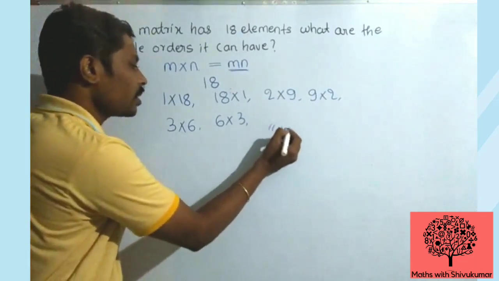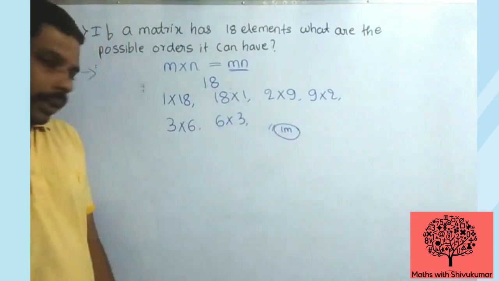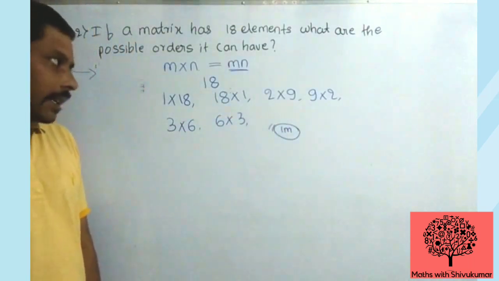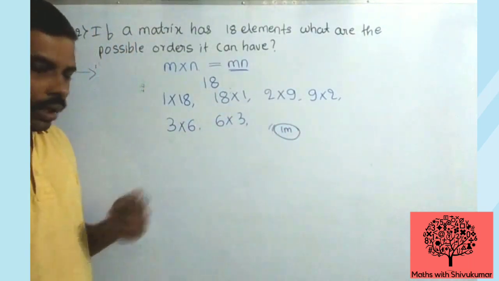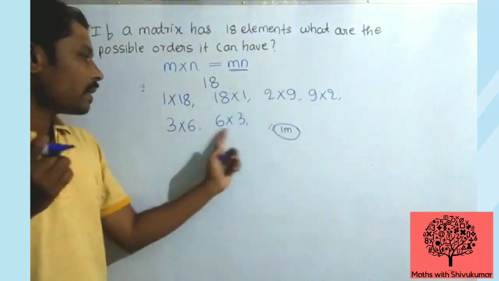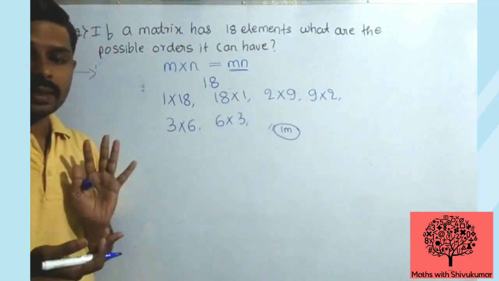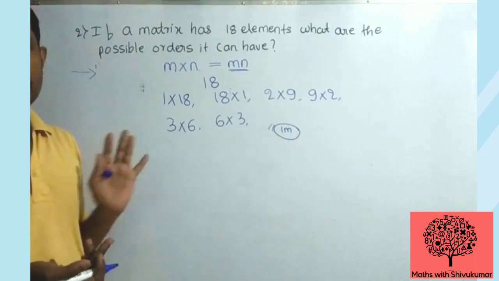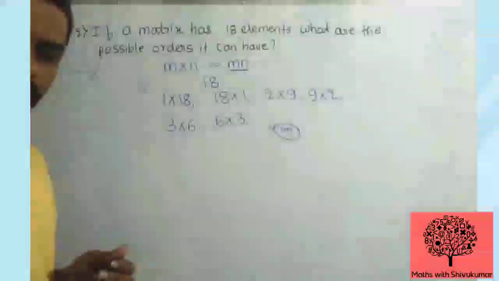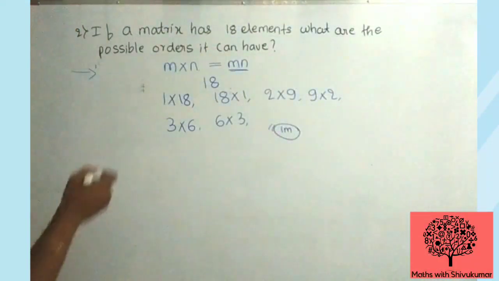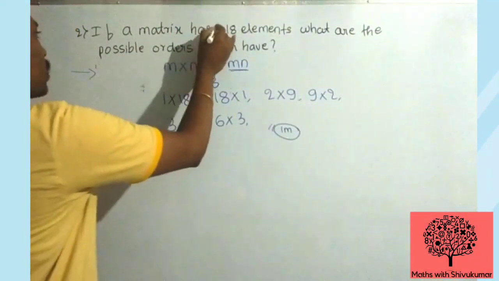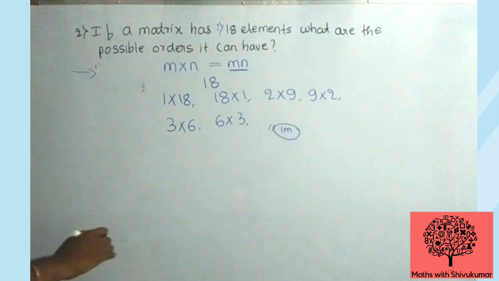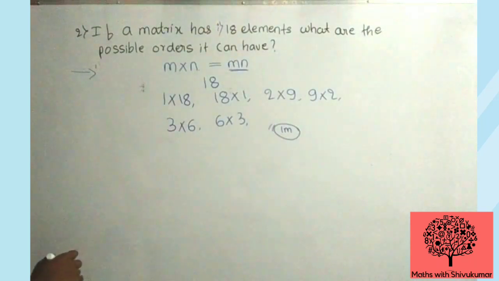If you write this much, you are going to get 1 mark. Is there any difficulty, students, to write this much? 1, 2, 3, 4, 5, 6. You have to write all the 6. If you skip any one, you are going to lose the marks, because it is 1 mark. Okay. So similarly, this is the first main. Another 2-3 questions are there. Here only I will write. Quickly, you tell the answer, students.